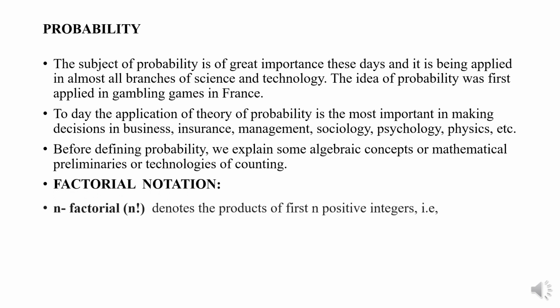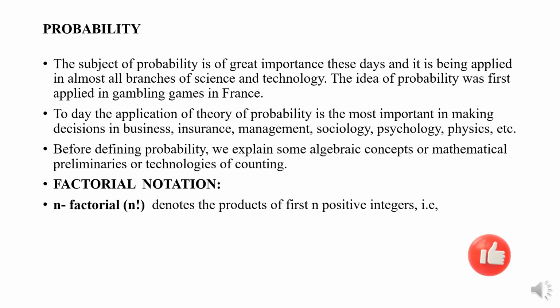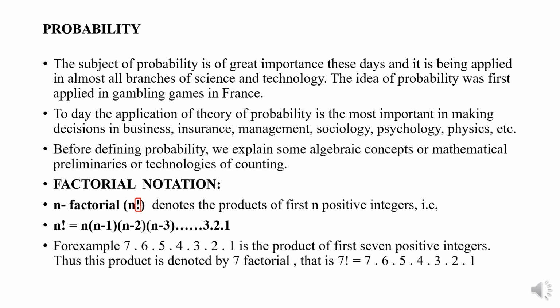So, factorial notation. What is factorial notation? We write it as n, and this is known as factorial. N factorial denotes the product of the first n positive integers. N factorial equals n times (n minus 1) times (n minus 2) times (n minus 3) up to 3, 2, 1. For example, 7 into 6 into 5 into 4 into 3 into 2 into 1 is the product of the first 7 positive integers. Thus, this product is denoted by 7 factorial, that is, 7 factorial equals 7, 6, 5,